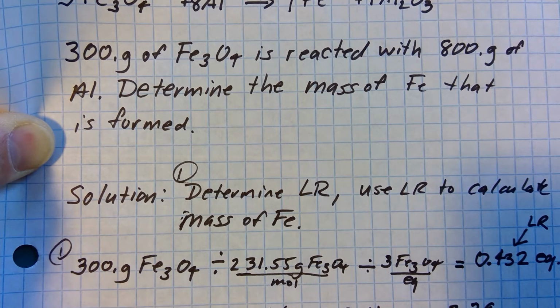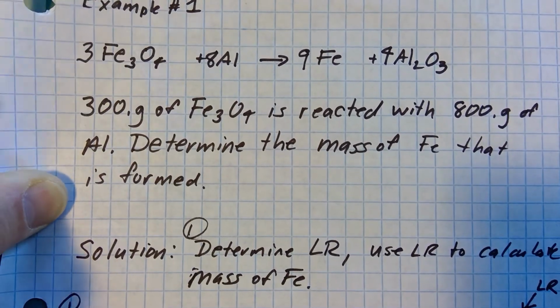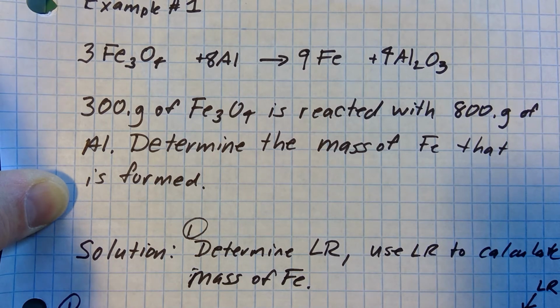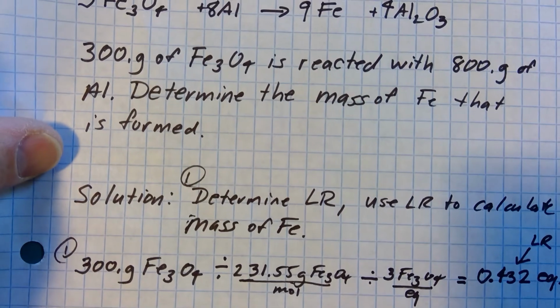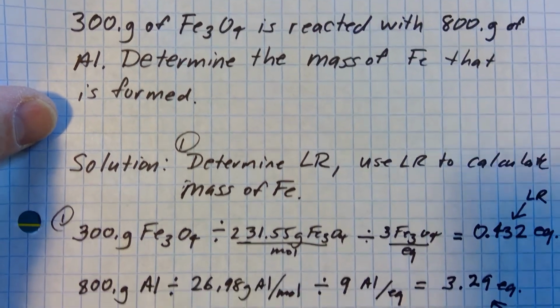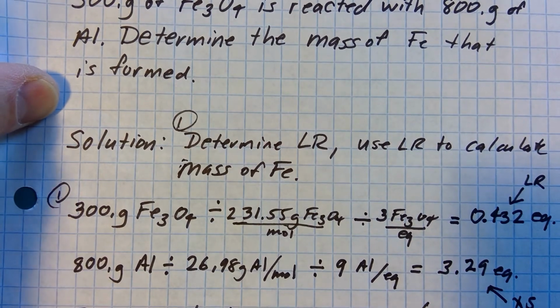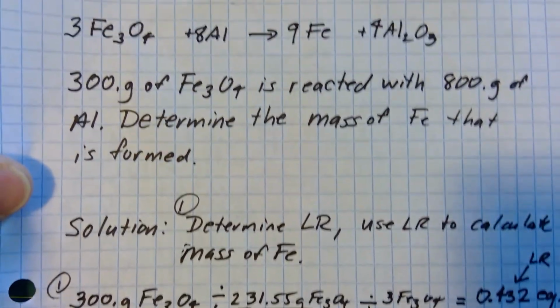Once you've got it to moles, you can then divide by the coefficient in the reaction. So in the reaction, what's in front of the iron ore, there's a 3, so you divide by 3 to give the number of equivalents. So 0.432 equivalents. We do the same thing for aluminum. 800 grams of aluminum divided by its molar mass of 26.98 grams per mole, and then dividing by the coefficient in front of aluminum, which is the